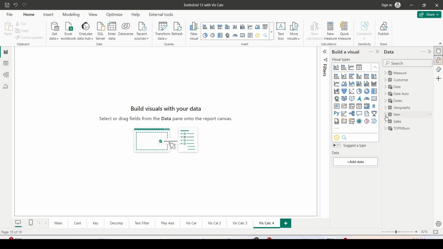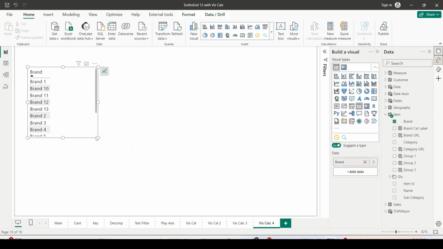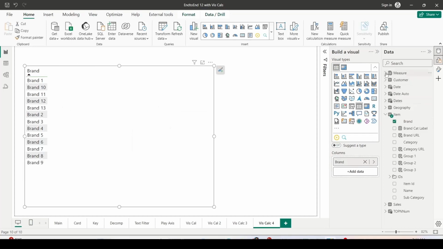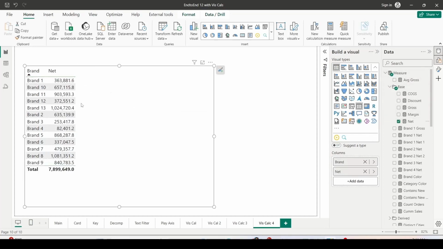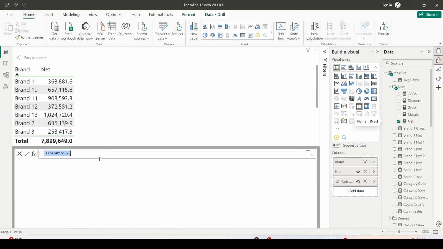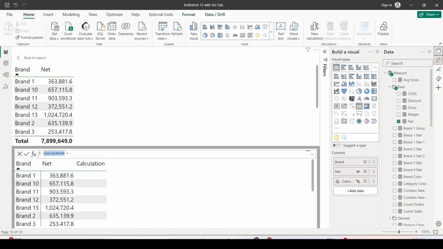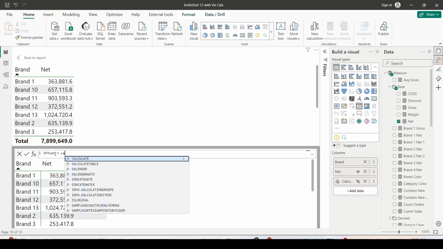To start today's journey, I will bring in brand from the item dimension, and I'll also add the net measure. I would like to do visual calculations. So how do we do that? From the Home tab, New calculations, click on New calculation. The first function which I plan to use is offset. What does offset do for us? We can go to the previous position or the next position by providing an offset, just like we have previous here. Now I'm going to use calculate